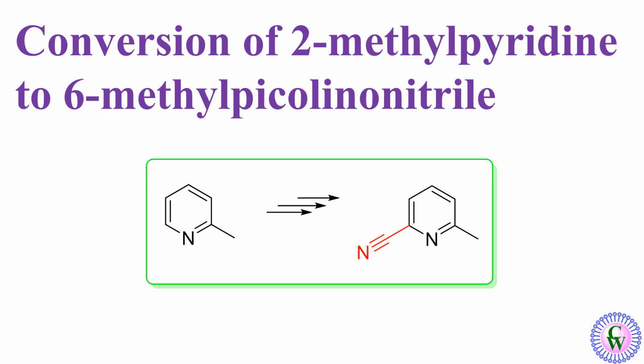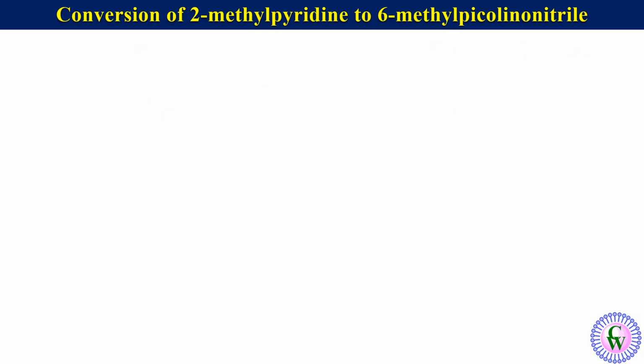In this video we are going to discuss conversion of 2-methylpyridine to 6-methylpicolinonitrile. For this interconversion, 2-methylpyridine is first allowed to react with hydrogen peroxide in acetic acid to produce 2-methylpyridine N-oxide. In the next step,